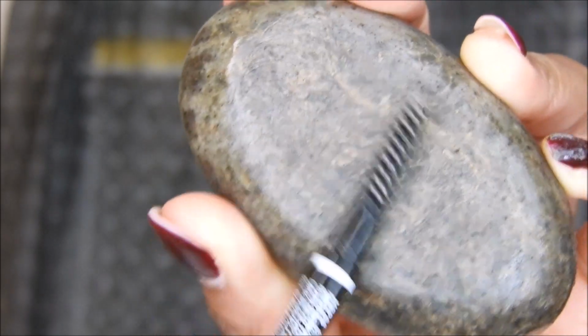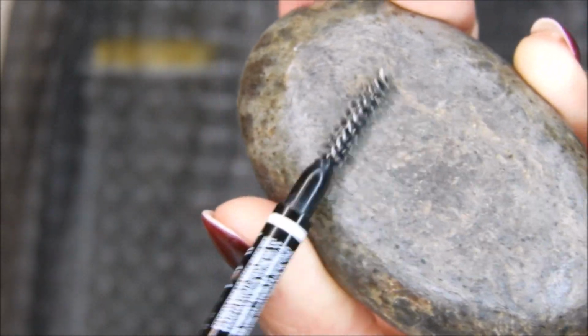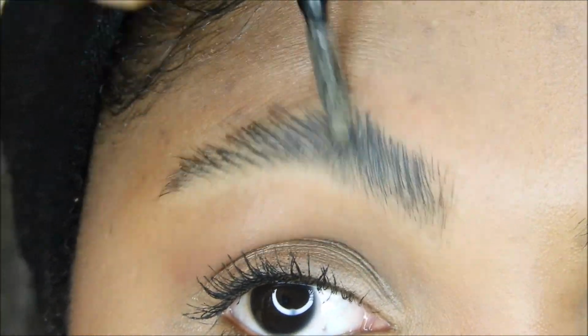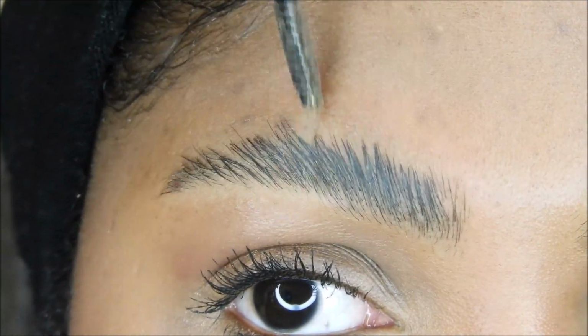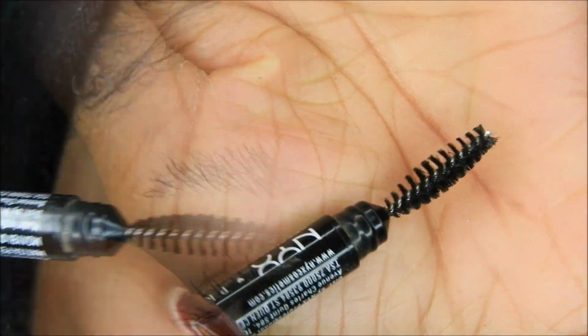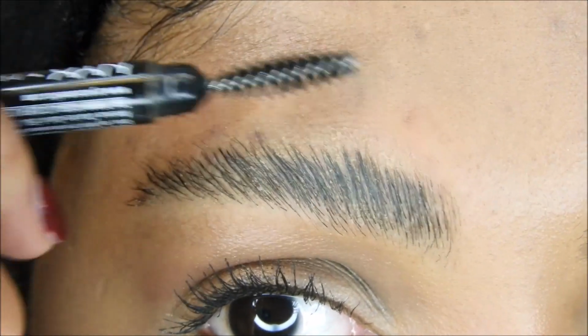I'm now rubbing my thinner spoolie in the soap bar to go through my hair upwards, especially for those stubborn hairs. So if you have a thinner spoolie or any type of spoolie, just use it upwards for those stubborn hairs. And then afterwards, going in with the clean spoolie, just to brush through my hair to get those excess